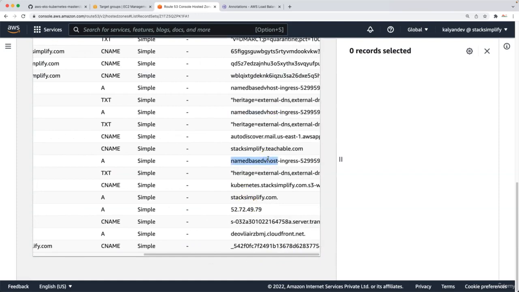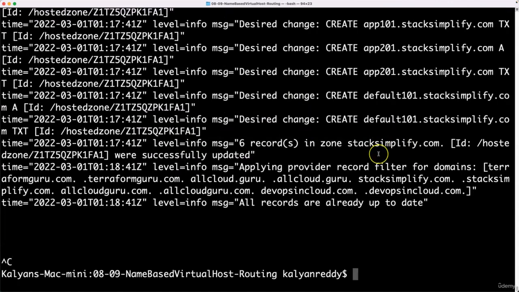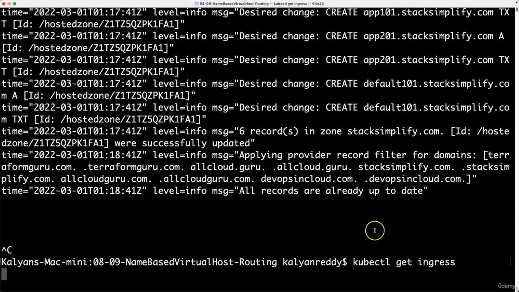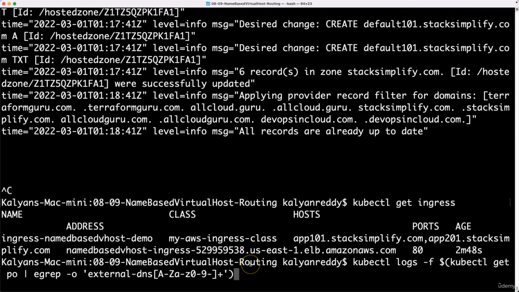So whatever is created, the ingress service name based virtual host ingress with some number starting with 5299. If you see kubectl get ingress, its name is name based virtual host ingress 5299 something, and